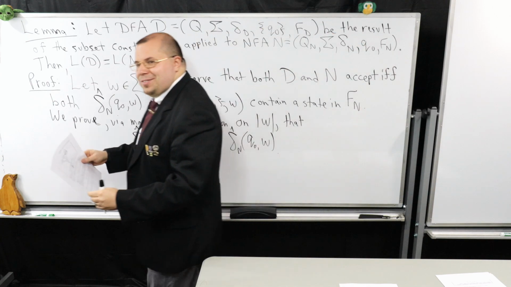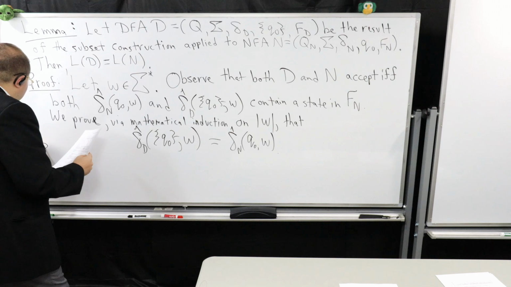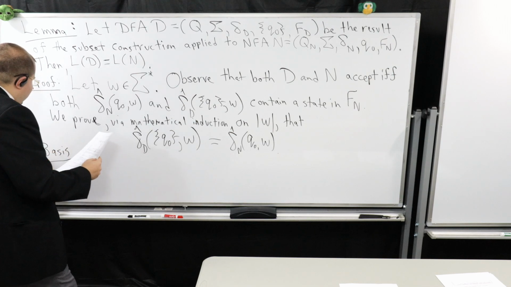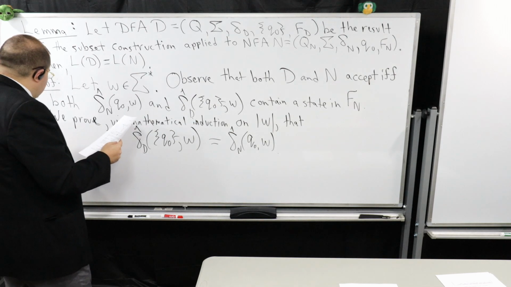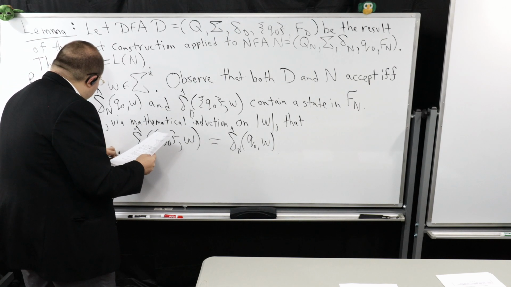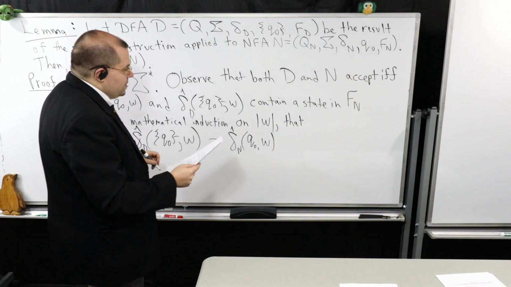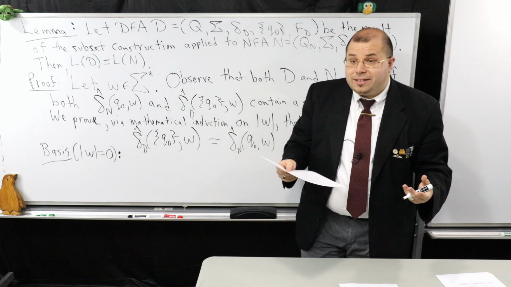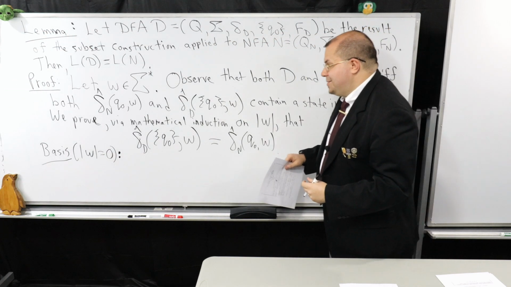Okay, so I'm going to start off with our base step. I'm just going to refer to it as a basis just because I've been doing that already. So I'm going to consider when the length of the string is 0, because that's the smallest value it can take on. Namely, it's the empty string, right? That's when W has no length, right?